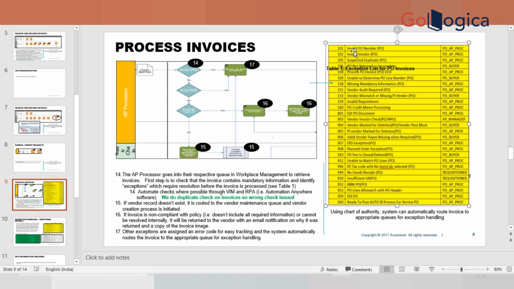For PO invoices, we can set those business rules: invalid PO number, invalid vendor, process PO invoice, suspected duplicate, vendor mismatch, or missing mandatory information. Vendor invoice check, PO credit memo processing, valid vendor pay, missing when required. Unable to match PO lines, no goods received. Those we are maintaining. We can set up a lot of business rules, even 100 business rules, but